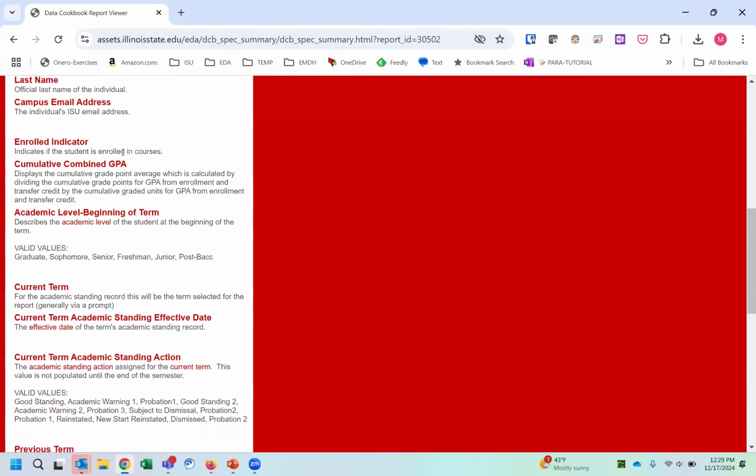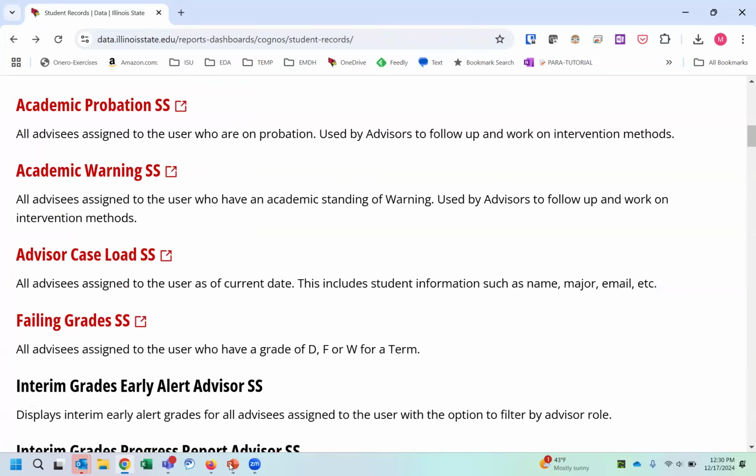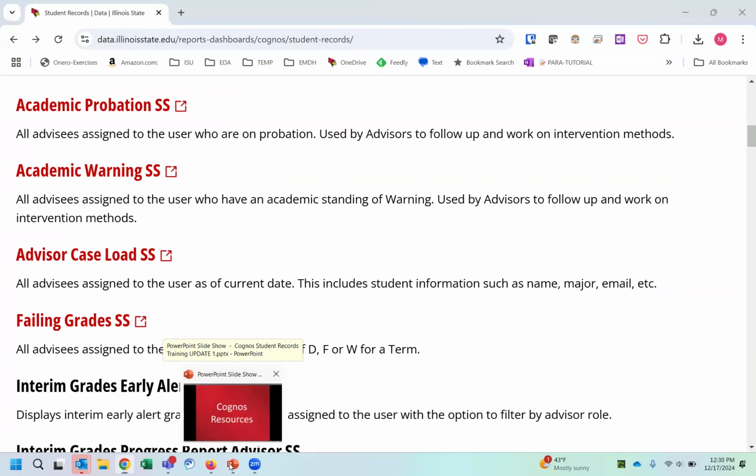This can be helpful when you're looking for a specific item or field for your task that you're trying to do. You click the back button here. Okay, and so to review,